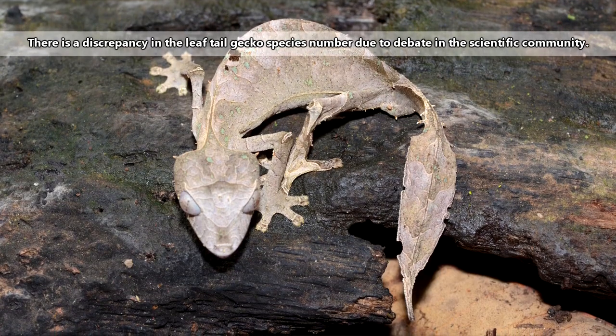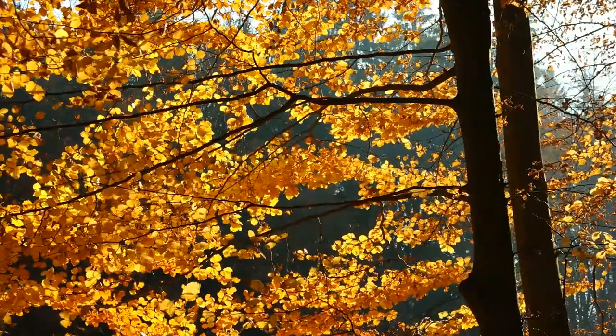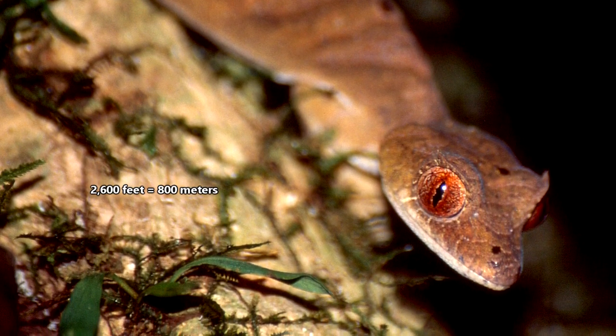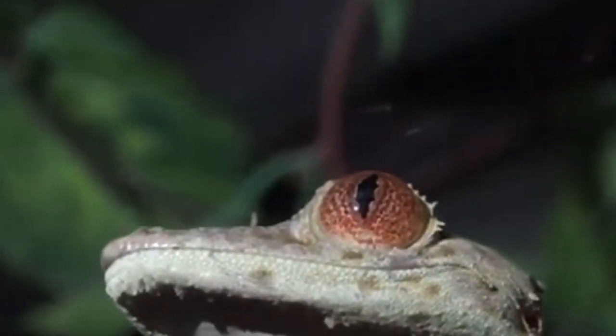Leaf-tail geckos live in rainforests as well as deciduous forests, or forests whose trees shed their leaves during a season. They may be found from sea level to elevations up to 2,600 feet. A leaf-tail gecko spends its days sitting on the side of a tree, typically with its head facing towards the ground. It's believed leaf-tail geckos may position themselves this way in order to reduce eye reflection, which would make them